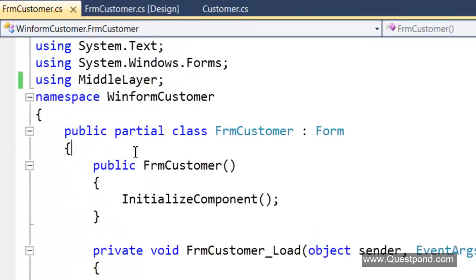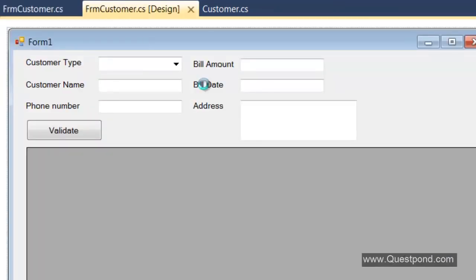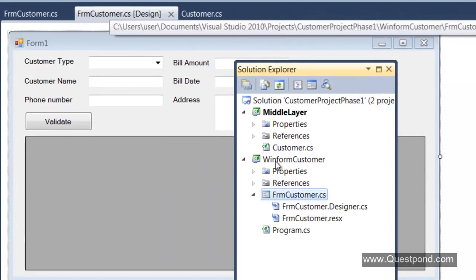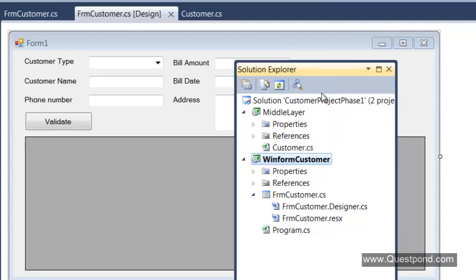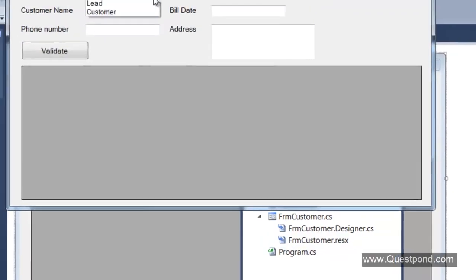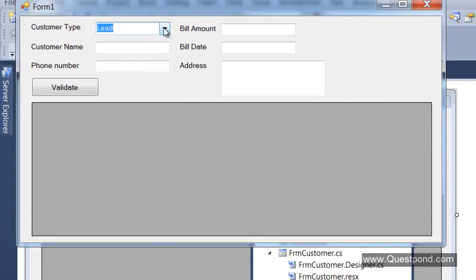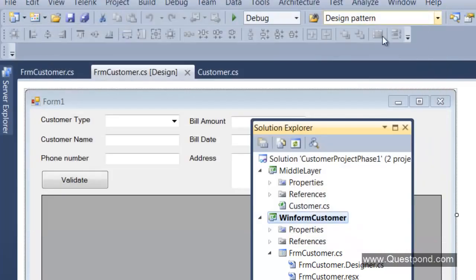So now remember that we have two types of customers. One is a lead and one is a simple customer, right? So what I've done is in this UI I have created a very simple combo box. So you can see that I have a simple drop down, I'll say rather, and this drop down helps me to select what kind of customer I want to use. So if I select lead and if I do validate, then accordingly the lead validations will fire. And if I go and select customer, then customer validations will fire, right?